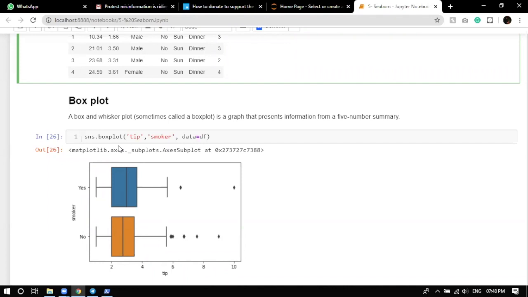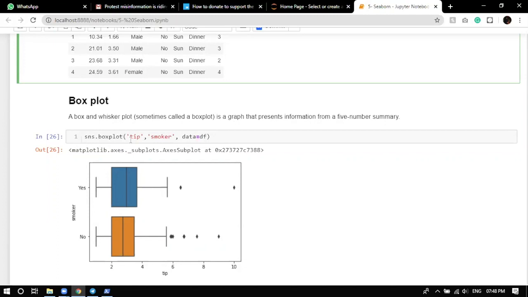You can want the tip, the total bill, or the size, whatever, and you can control it here. So that's what I told you: Seaborn gives you the same options as Matplotlib, but with more functionalities.